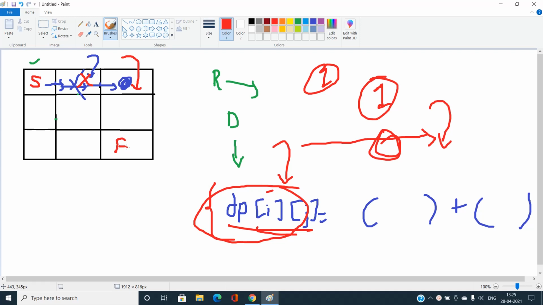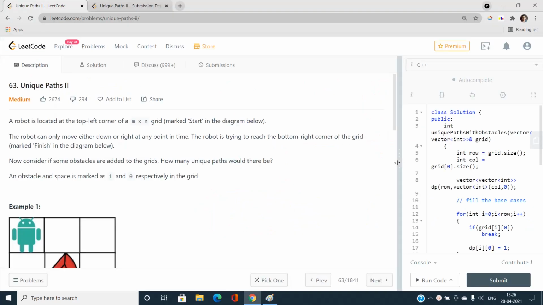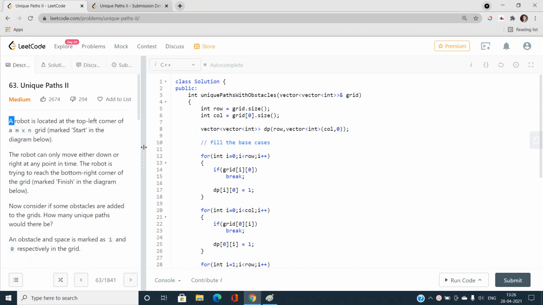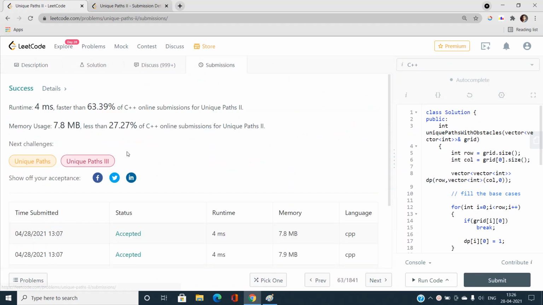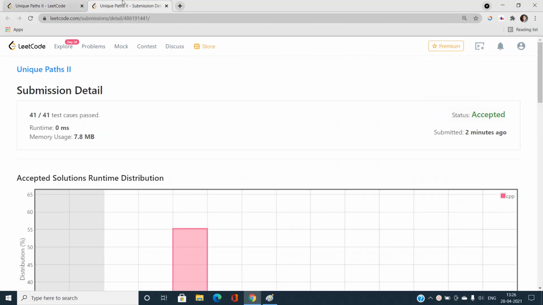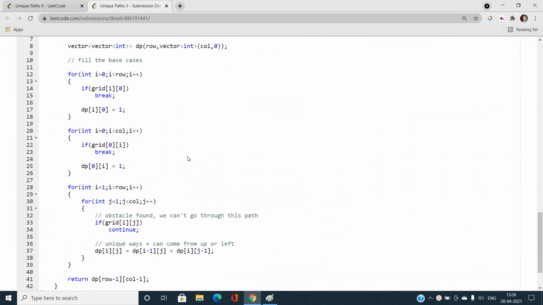Okay, let's try to understand this with the help of the coding part. Okay, so let's move further. You can see I have written the code here. Rather, I am going to talk about the submitted code that I have already submitted, and I have tried to find the best runtime solution. You can see I have a 0ms solution also. So let's talk about that 0ms solution, which is going to be an efficient one.